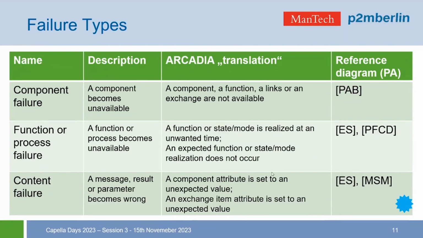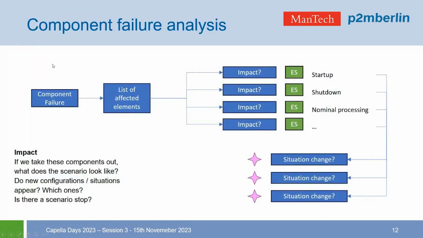Right. So our method consists in we have identified three classes of failure. We will focus on component failures for our example and our explanation. Component failure is analyzed as follows. We define which component is failing, and then we assess whether other components are affected by its failure. For example, when a Node PC is failing and there are behavioral components deployed onto it, they will fail with it. So we will have a list of affected elements in the end.